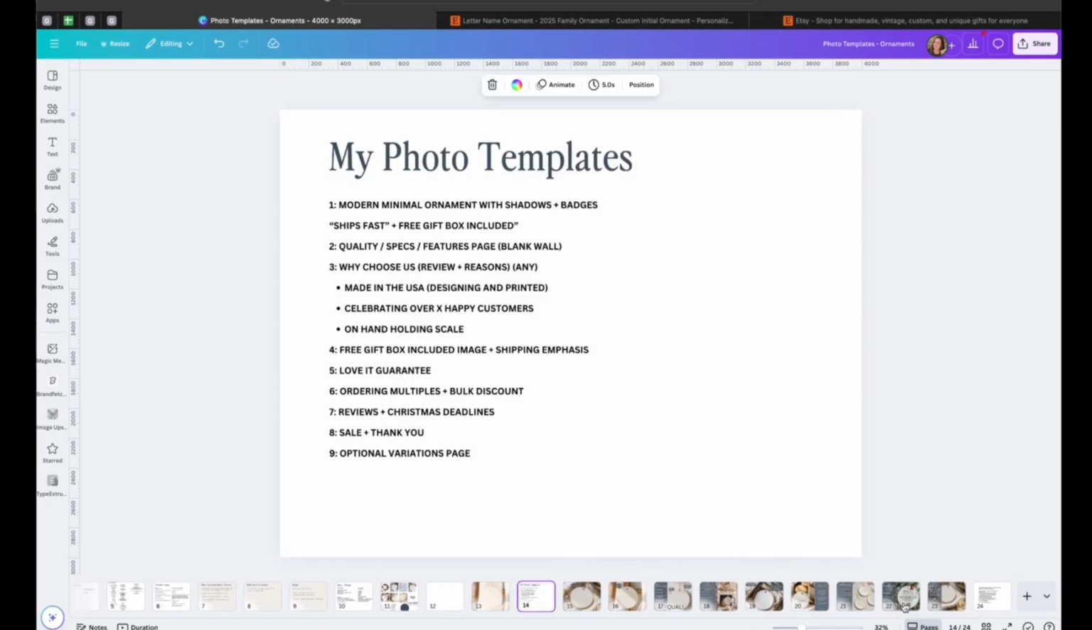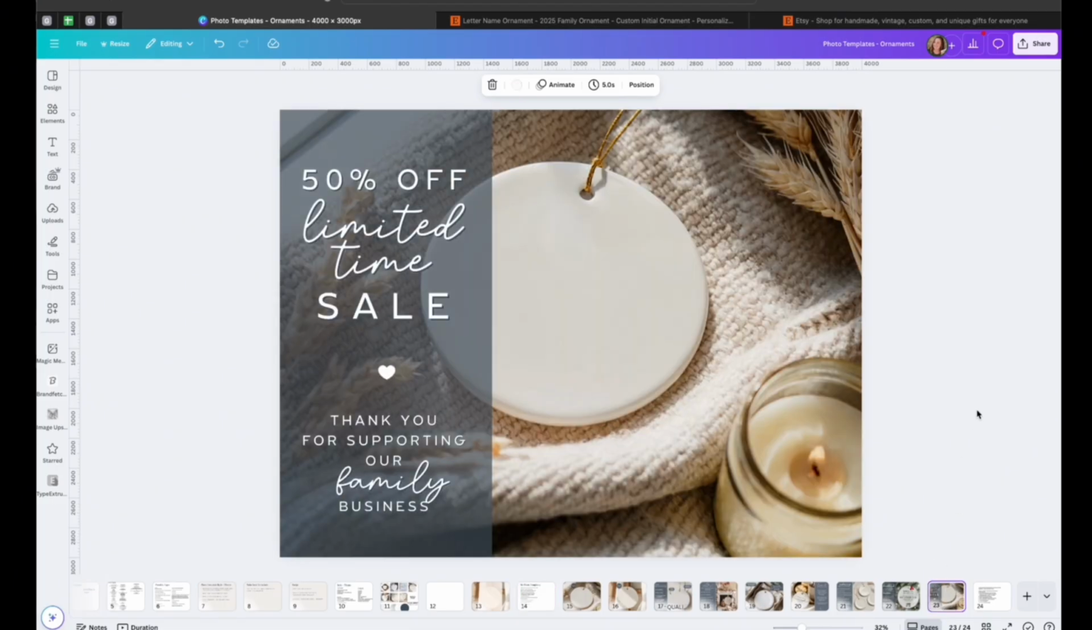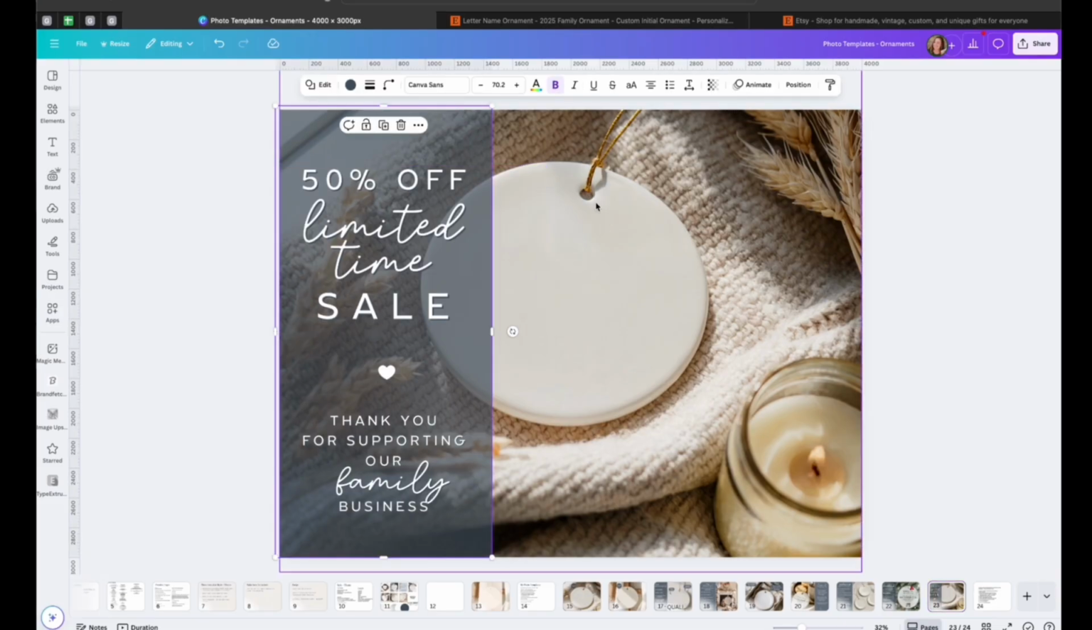Okay, page 8, a sale and a thank you page. So this is going to be my final page. And then I'm going to have an optional variations page. 50% off limited time sale. Thank you for supporting our family business. So something pretty simple. And a lot of people do this just text only. I think this one is fine with text only, but I just like this semi-transparent look, so I threw it